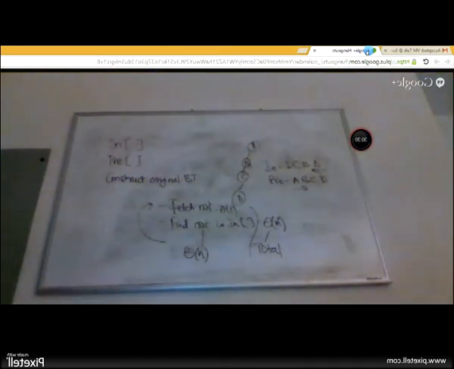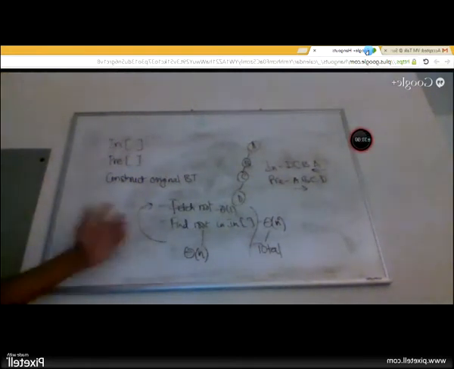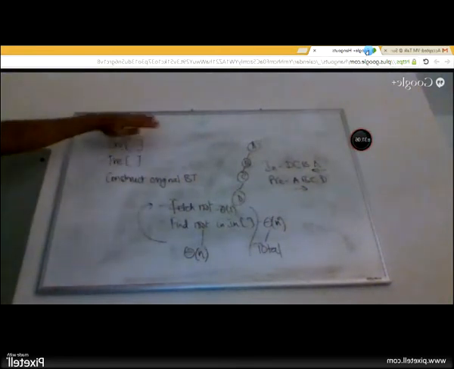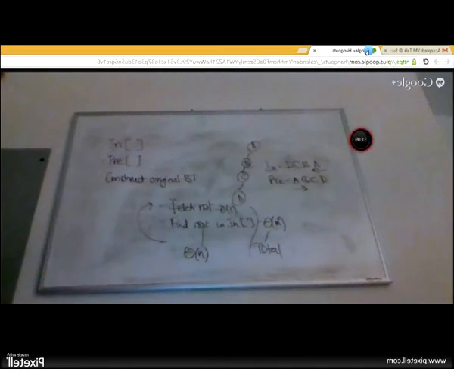What works better than order of n? You can have a log n approach, or you can have an order of 1. So few things you can do. You can use hash maps, where search time becomes order of 1. Another thing you can do is that if this was a binary search tree, what else could you have done? Let's say this was a binary search tree. I just said that this was a binary tree, but let's pretend that the tree we were given happens to be a binary search tree. So how else would you optimize your code for this?